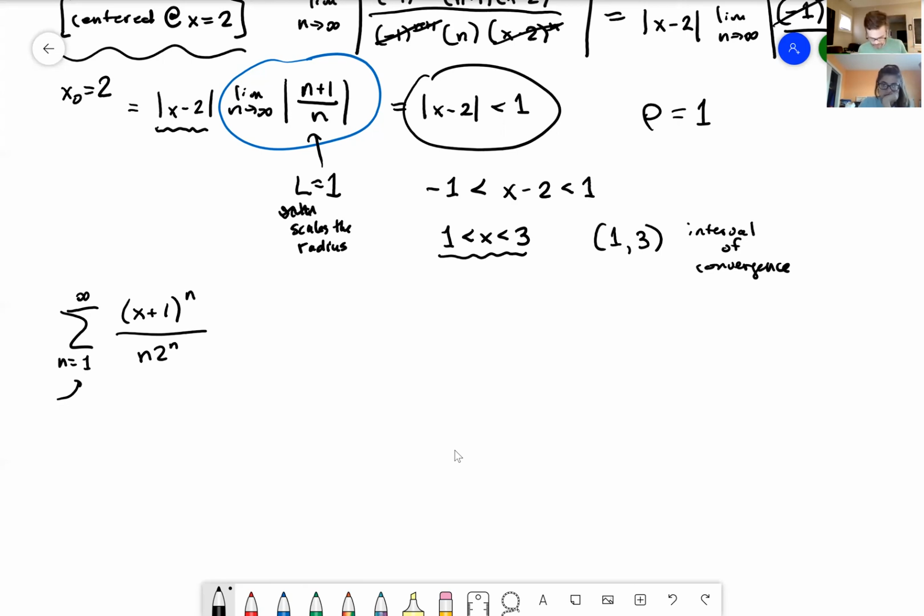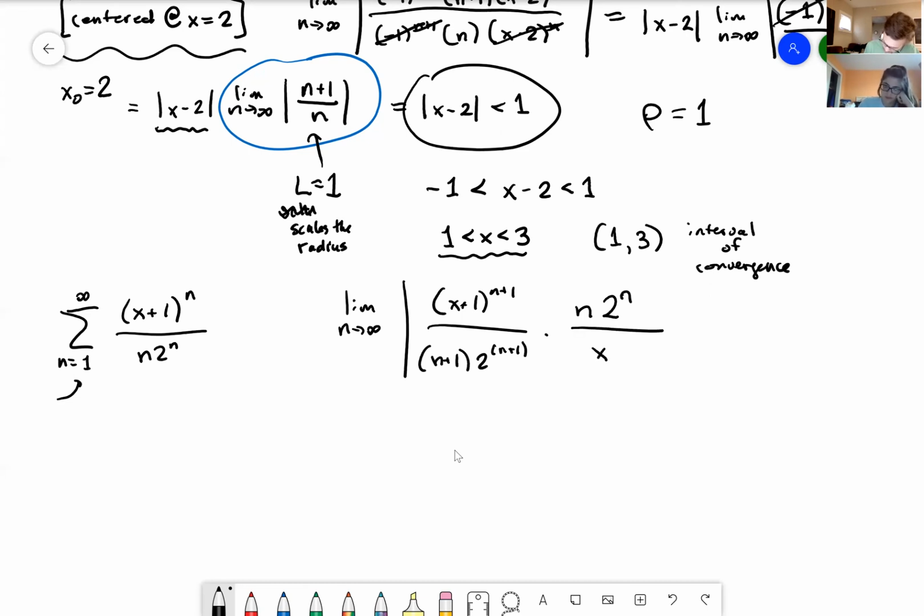Now, if we do the ratio test on this, what do we get? We get the limit as n goes to infinity of, let's say, the n plus 1 term. That will be (x plus 1) to the n plus 1 over (n plus 1) 2 to the n plus 1, divided by, so I'll multiply by the reciprocal, n 2 to the n over (x plus 1) to the n. Right? So we got a lot of cancellation. We're left with one copy of x plus 1, one copy of 2, and then n over n plus 1 is equal to